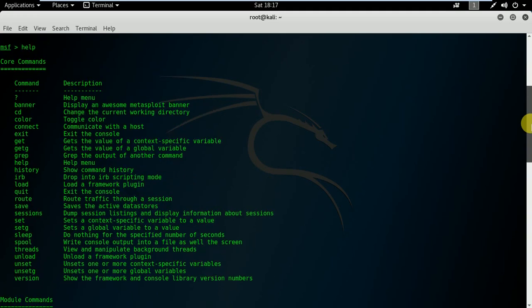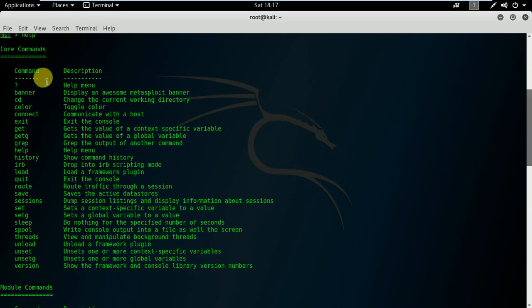Metasploit framework. And you can see the question mark will show you the help menu. This will show you the same list of commands that we have brought up over here. Banner will show the Metasploit banner like this. CD will help you change the directory, color, connect, and all these different commands which we usually will not use, and we do not need to use as of now. So let's see help, IRB, load. Quit will quit the console, and